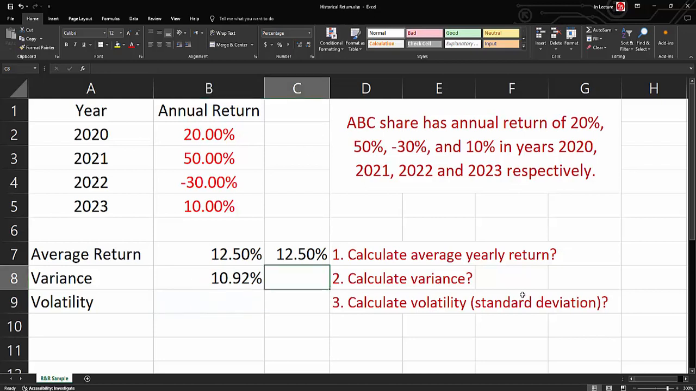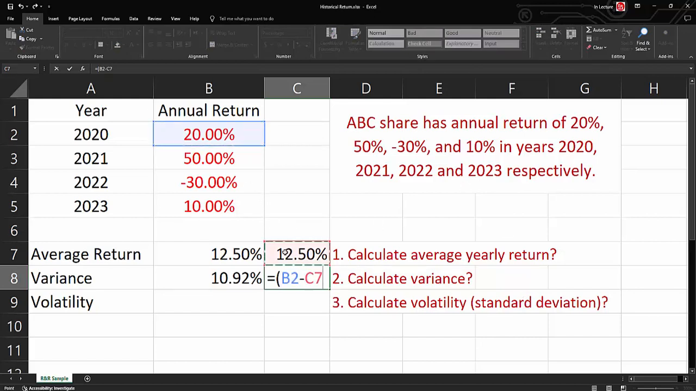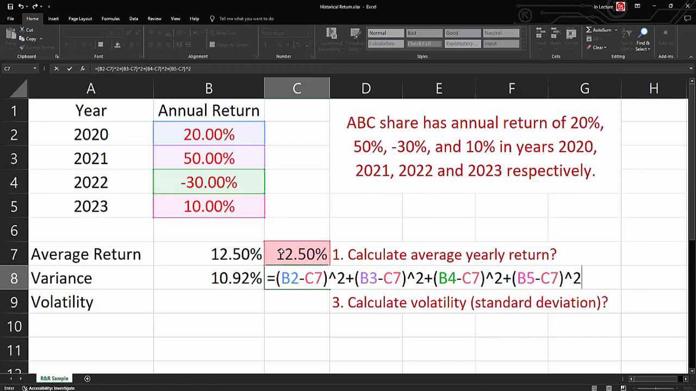We can use our formula, which is equal. We need to get each return minus the average. Close bracket to the power 2 plus open bracket, get the second return minus our average, close bracket to the power 2 plus open bracket, get our third return minus average, close bracket to the power 2 plus our last return minus average, close bracket to the power 2, and all of them, and that's why I need to put all of them in a bigger bracket,